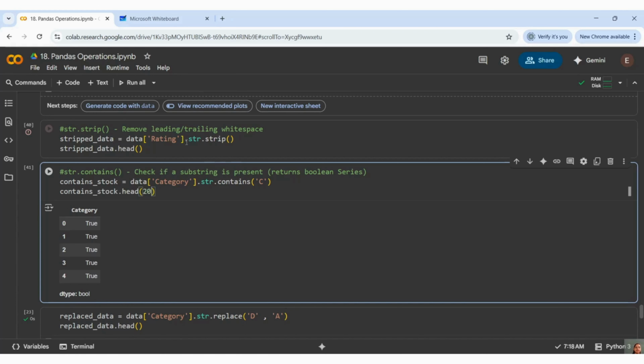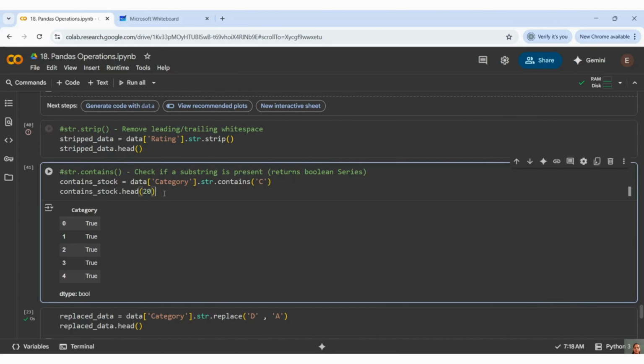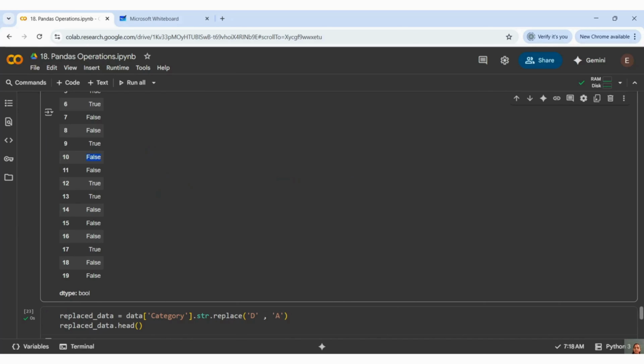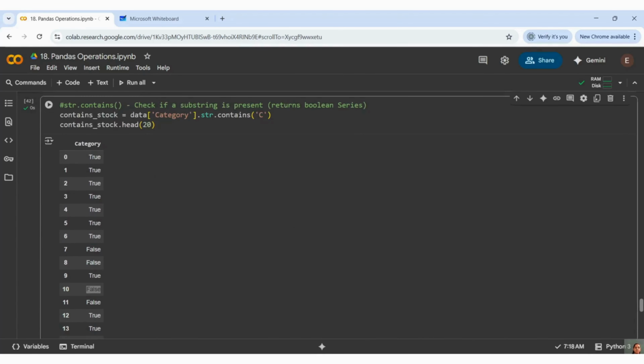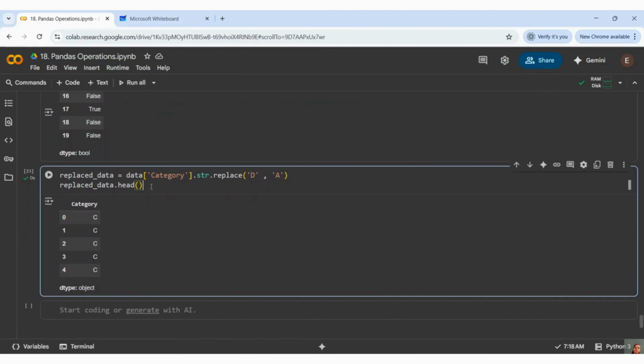In strip, we don't have any leading and trailing spaces. So wherever I don't have C, it is giving me false, and wherever I have C, it is giving me true.